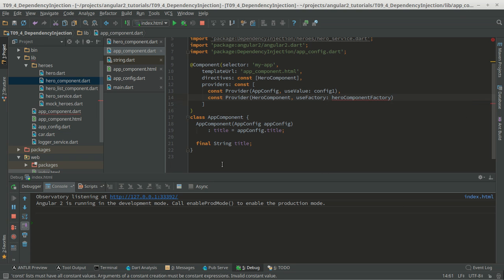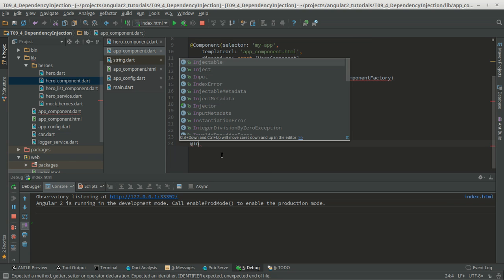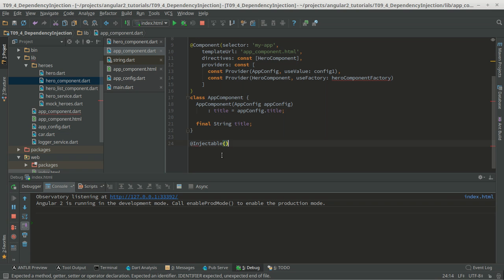Create file. Let's create it here. Add injectable. Hero component factory, it will return a new hero component, and we should pass the string that should be heroes,